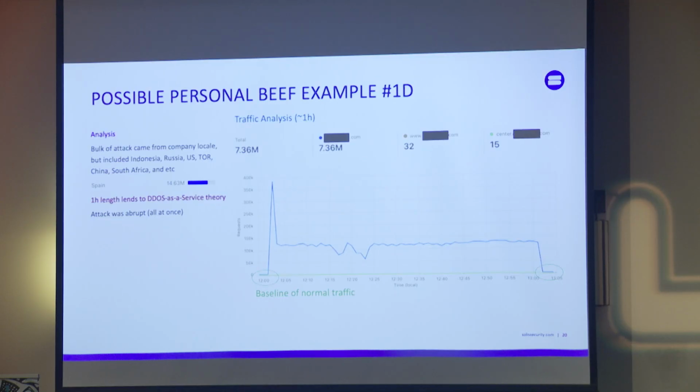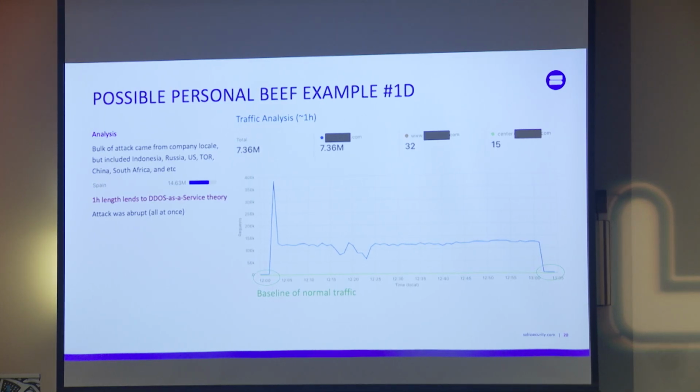Another piece of the analysis of this attack is it lasted about 1 hour. That's a good thing to identify, because there is DDoS as a service where you can sign up for these dark web companies. They'll give you tokens and they'll give you 1 hour per token. So, this guy, again, personal beef, doesn't have the infrastructure. He's going out to other people, right? And he has to buy services and he has to pay money. And he has to hate you that much that he's going to spend his own money to take your website offline, right?